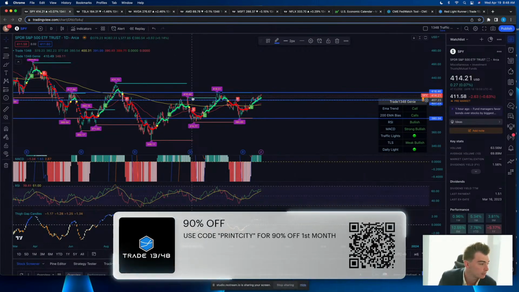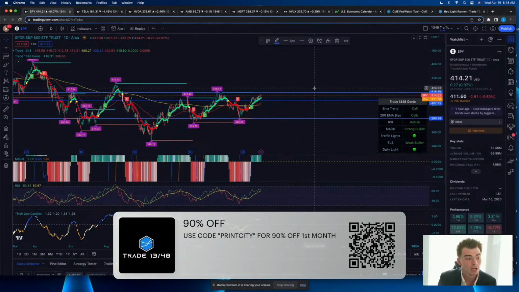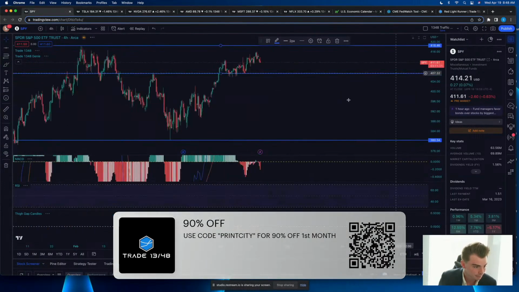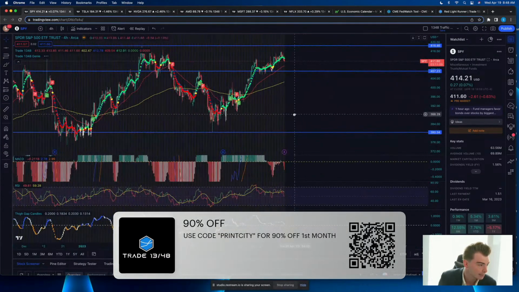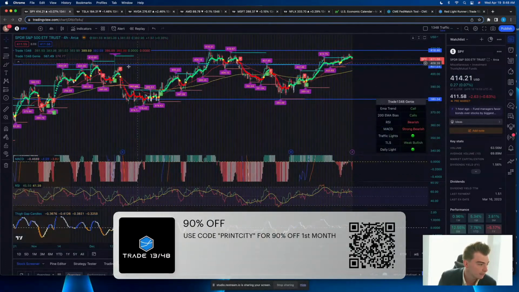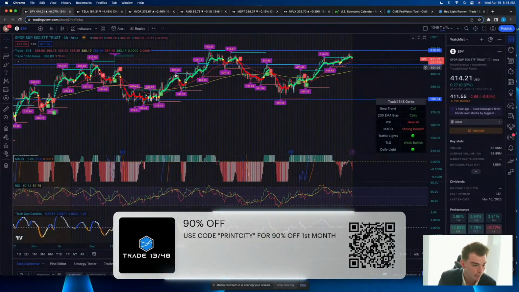So that's 406.89. We can throw in 410 too, but I'm guessing we're going to see that from the 4 hour. So we have 3 levels right here. Now, let's throw this to the 4 hour time frame and see what we're going to get. So you go to the 4 hour. Now, what are we going to see? Here's that 410 and that 410.50 area that we were looking at before.